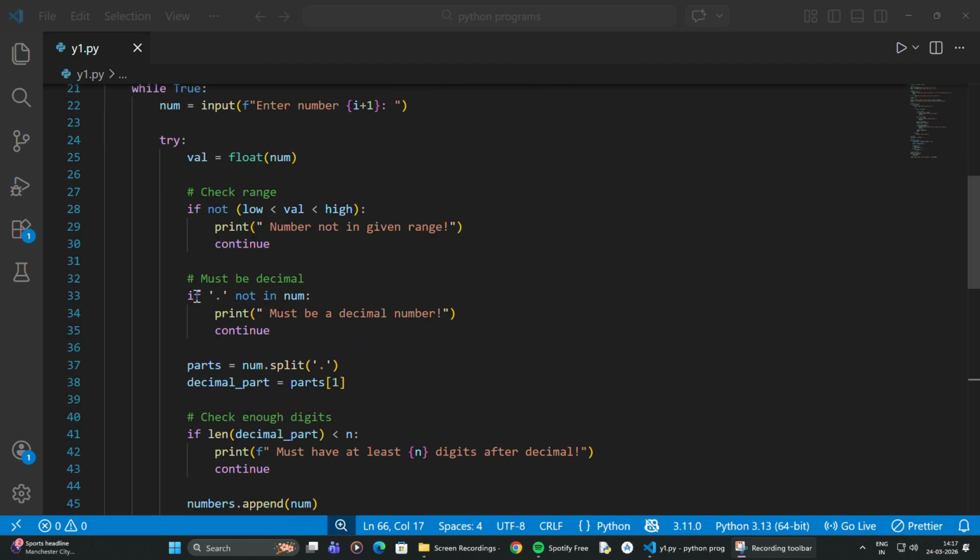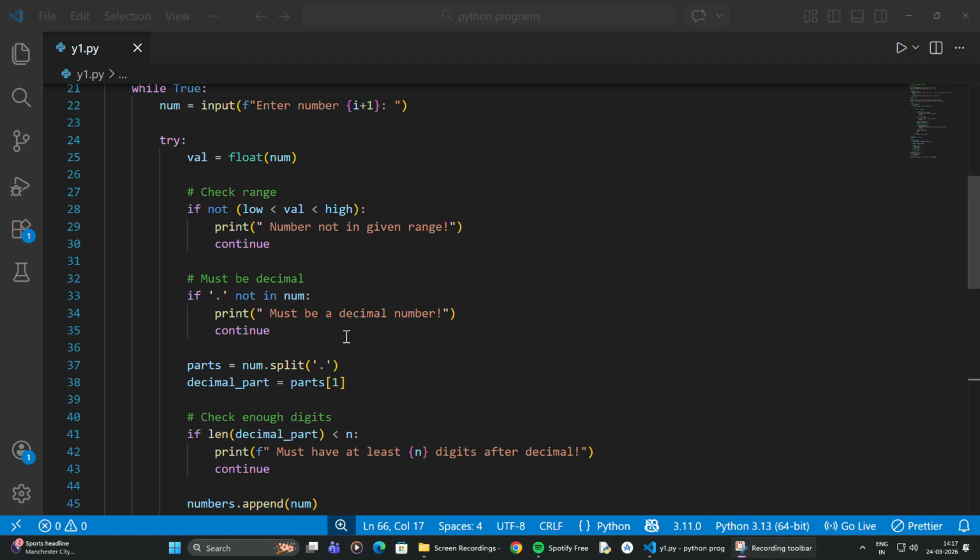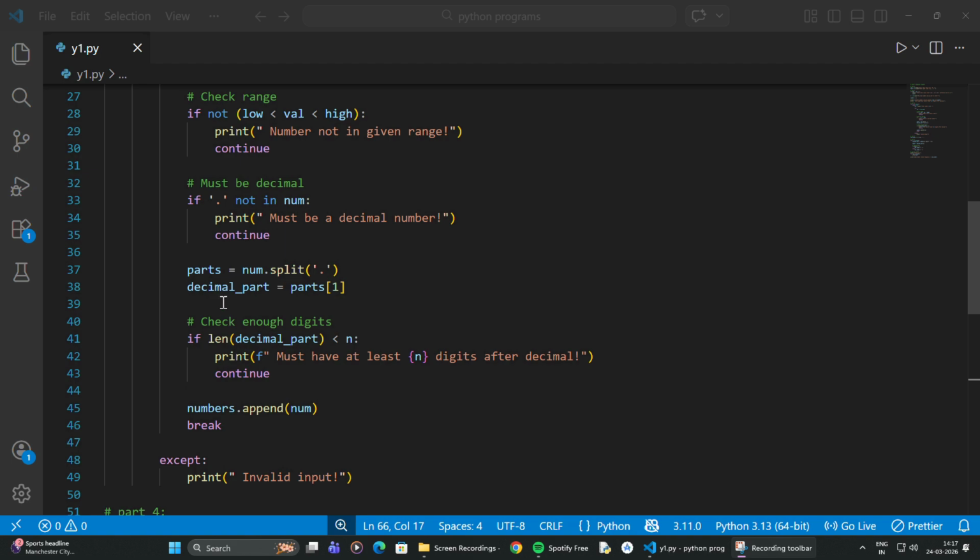Next, if dot not in number, if this is true, it means the number doesn't have a decimal part. And if it's true, then parts equals to number dot split dot, or decimal part equals to parts 1. Using this, we split the number into integer and decimal parts.